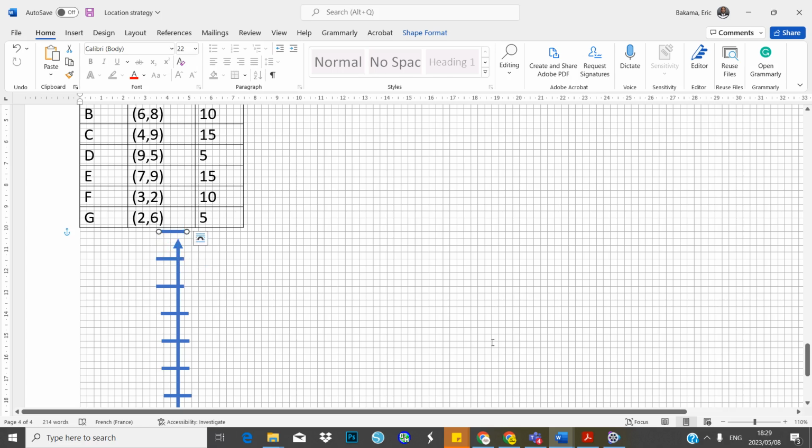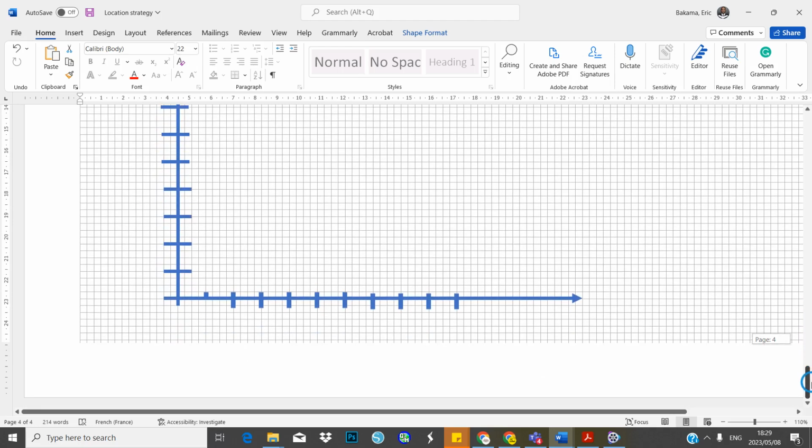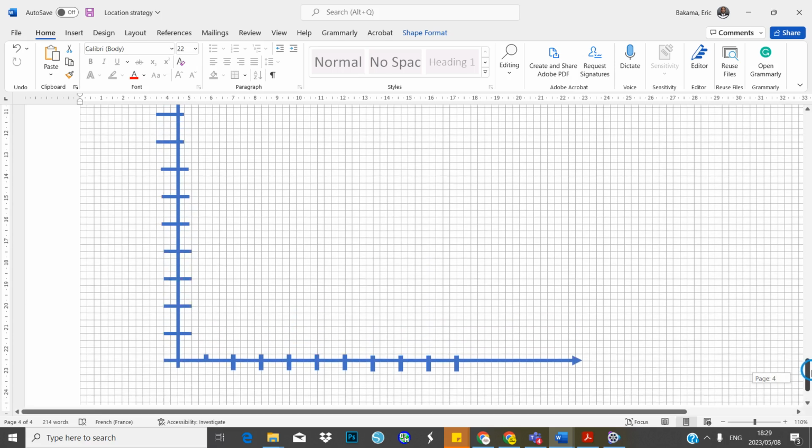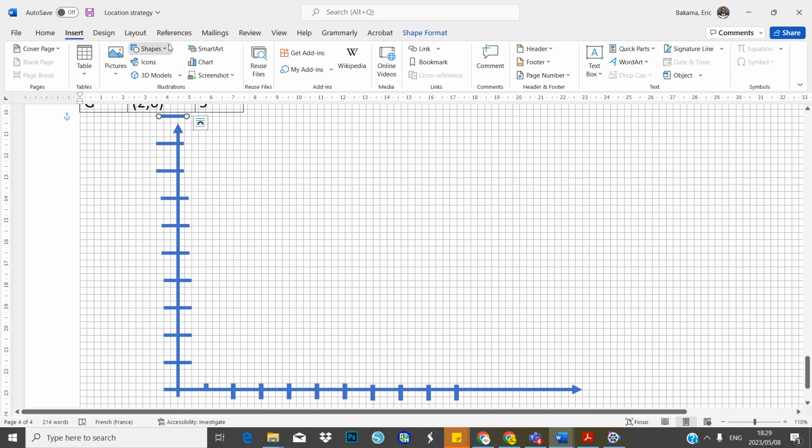Anyway, so from here, what we are going to try to do, we'll place this coordinate on the map. The first one is 5 and 10. So if I assume that this is 1, 2, 3, 4, 5, it goes up all the way until 10. Let me look. So 10, right? I'm gonna put a dot to make sure that this is the allocated place. So if this is 1, 2, 3, 4, 5, 5 is x, and then we go up all the way until we reach 10. 10 is supposed to be somewhere here. So this is where I'm gonna put my item here.